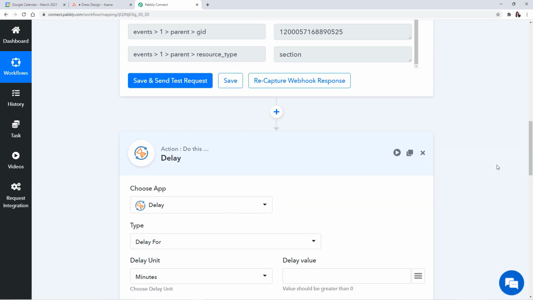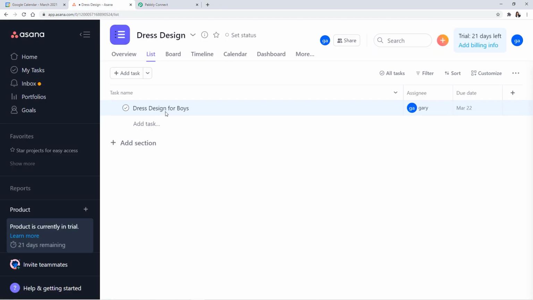Now you must be thinking, why am I adding this new action event called delay? So let me tell you. So what basically is the concept, along with the task name, actually I want to send all the task details like the task description, due dates, etc. to my Google Calendar. But the problem is, as soon as I enter the task name by my trigger, so here I can show you as well.